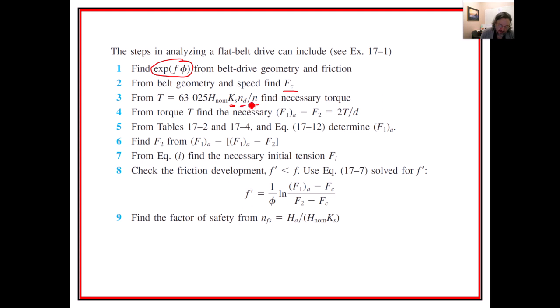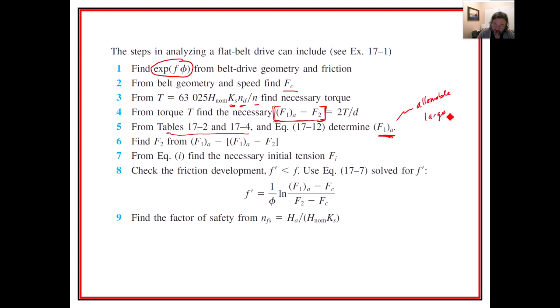And then this is RPM. I know it's confusing. They use N for both of them. But from that, we can find what the necessary torque is. From the torque, we can find what this combination of things is. We're just going to treat this as one variable first. And then from these two tables right here, and we'll see in the example what they tell us, we'll be able to figure out what F1A is going to be. And this is the allowable